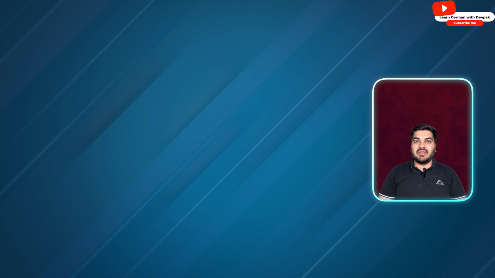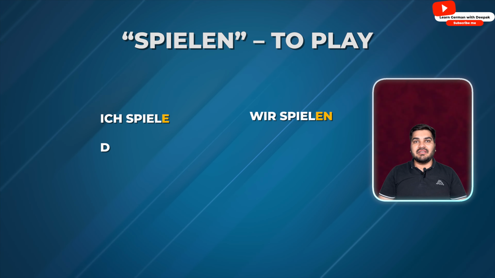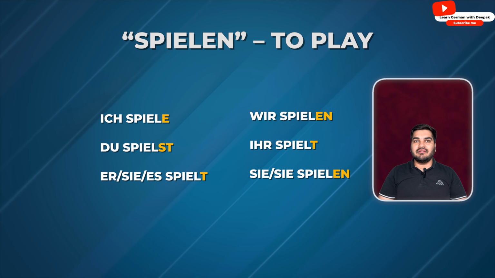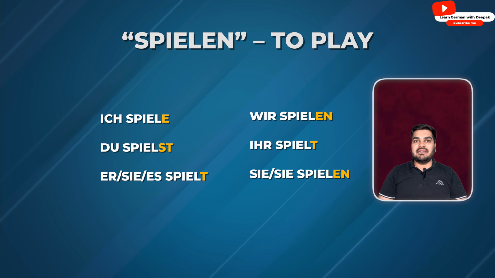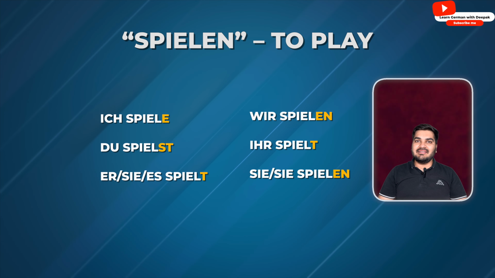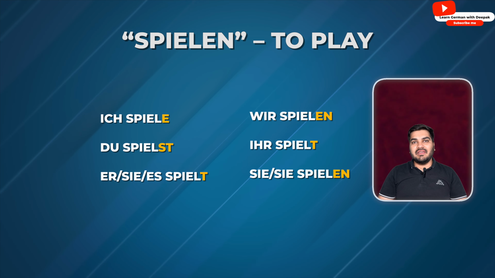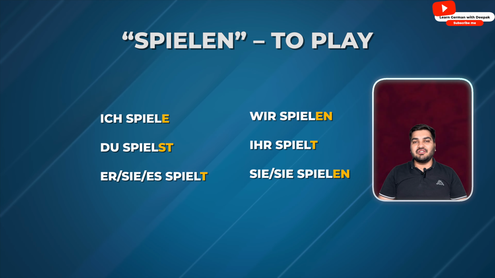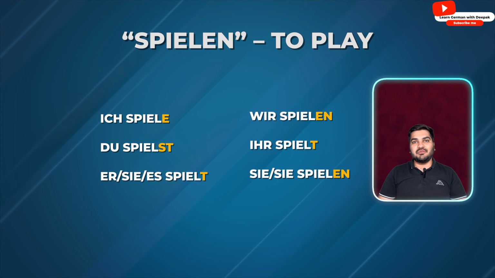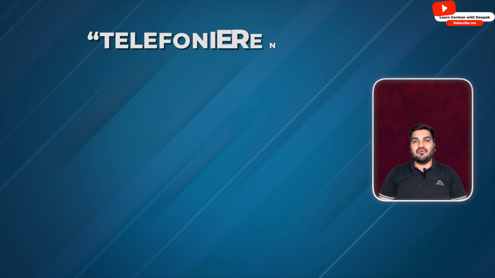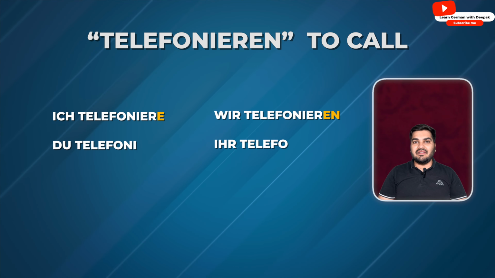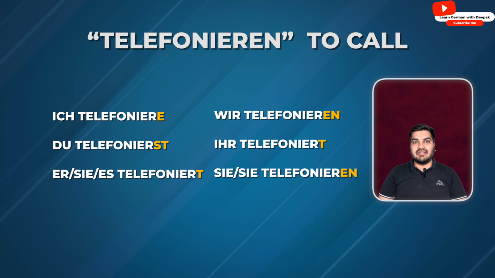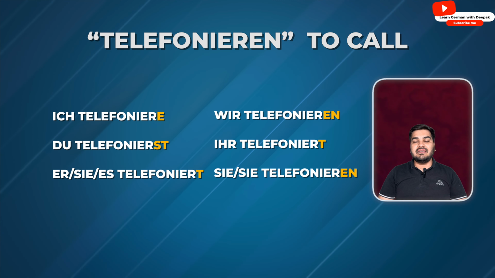Fourth verb, spielen. Ich spiele, du spielst, er spielt, sie spielt, es spielt, wir spielen, ihr spielt, sie spielen, Sie spielen. Fifth verb, telefonieren. Ich telefoniere, du telefonierst, er telefoniert, sie telefoniert,